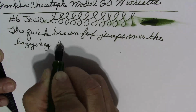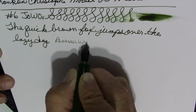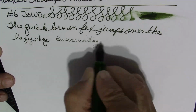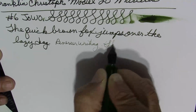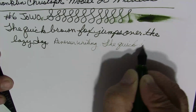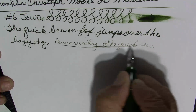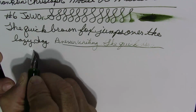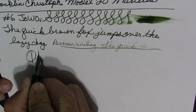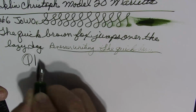Reverse writing. And you can get some, but it does tend to give out after a while. Okay. No pressure whatsoever. Let's do a little bit of pressure. And you're not going to get much. But